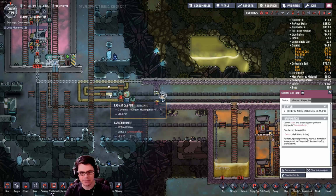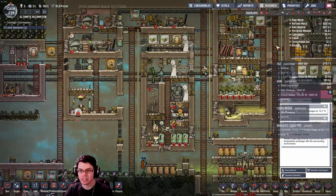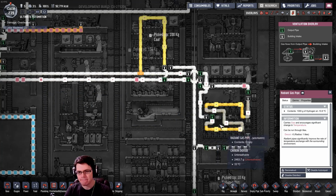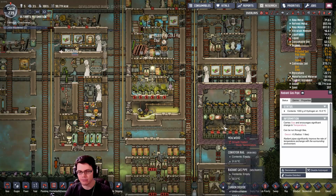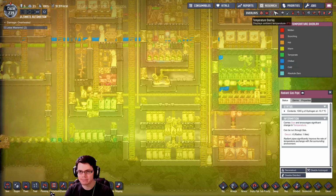Unfortunately, the gas that was inside there was just cycling so much that it wasn't actually becoming... I didn't build up enough quantity in one spot. So what's moving through here is really insignificant, and it's not cooling down my farm, so it actually started to heat back up again. A little bit, not too much, but...